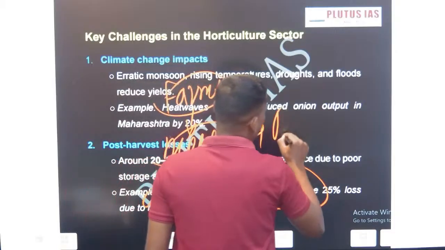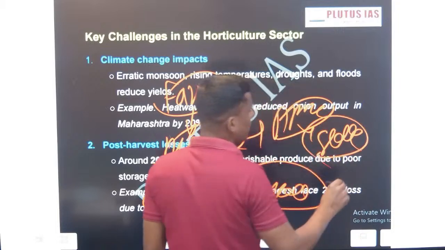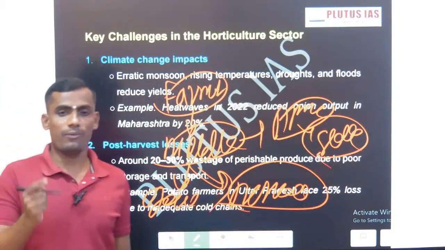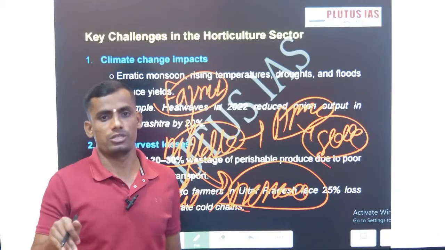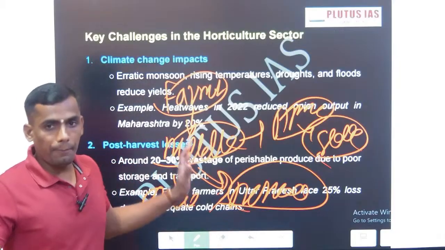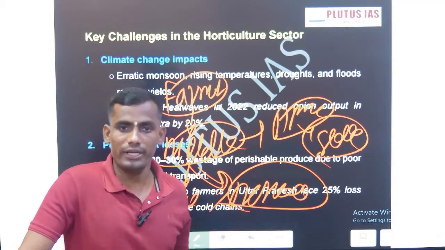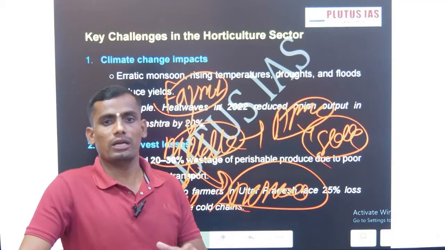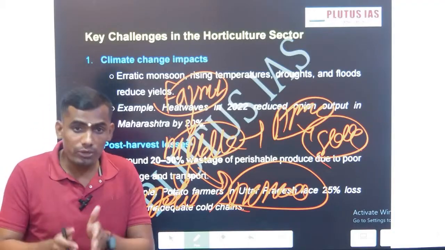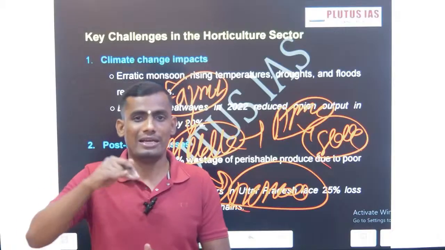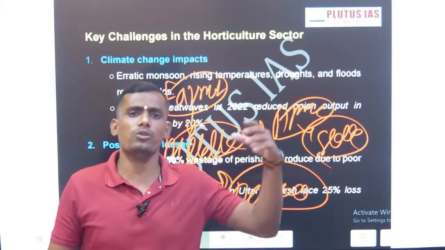And for the middleman, there are n number of market regulations at the state level, because APMCs are regulated by the state. Schedule 7 mentions that markets and agriculture products are part of the Schedule 7 state list. This is the issue. APMCs are regulated by state governments, and this creates a problem for individual farmers, and leads to dissonance between central government policies and state government policies. And within the states there is dissonance too, take the example of the Telangana government, the Maharashtra government, the Madhya Pradesh government.